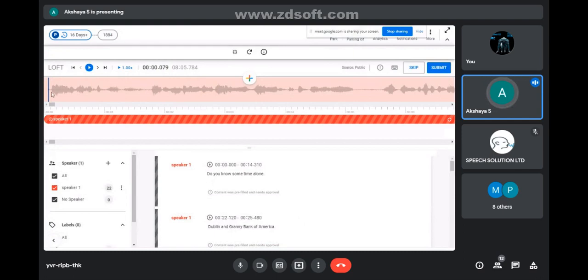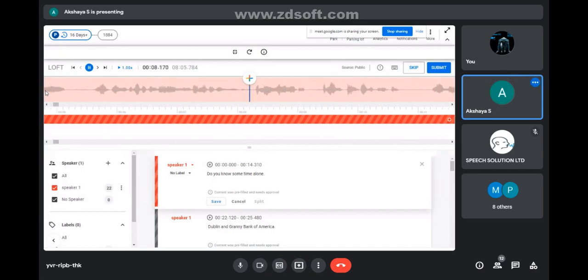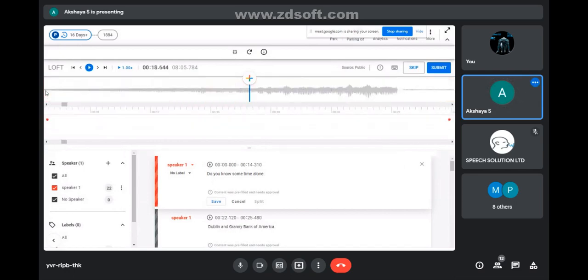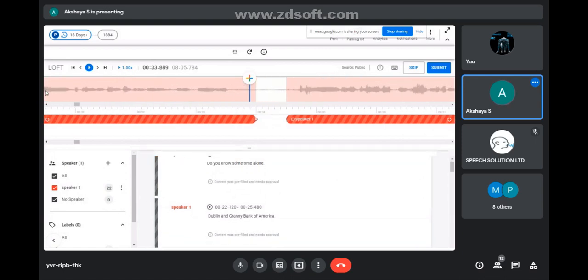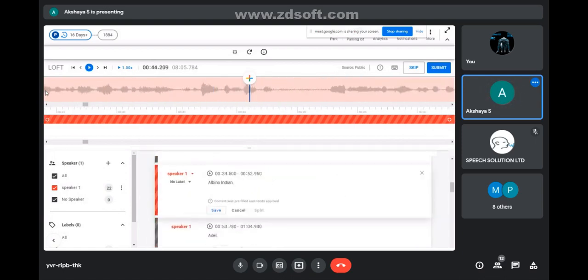When you park the task, just listen to the audio once. I'm listening to the entire audio just to make sure.